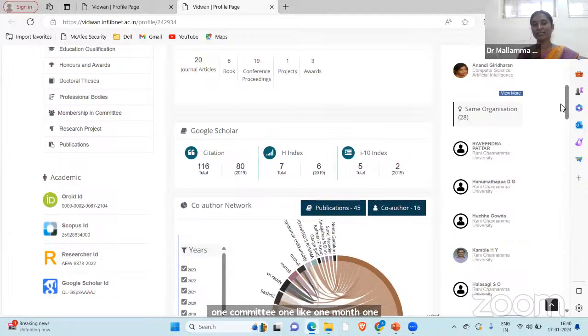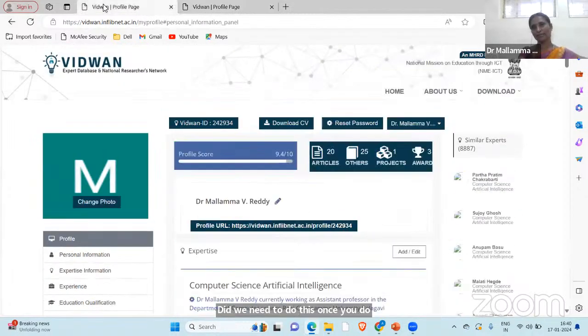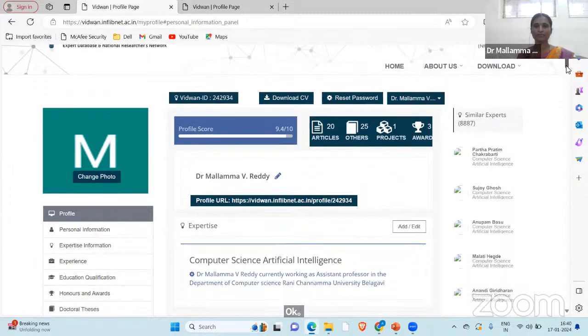Are you getting my point? It will take a week to complete. A lot of data is there in this. Okay, so my intention is to activate it and to tell you what the Vidwan Expert ID is, how the academic identity will grow your research collaboration and your own personal space in the digital space. Okay. Add one data entry. Once you do that, okay, another 5 minutes is enough for all.